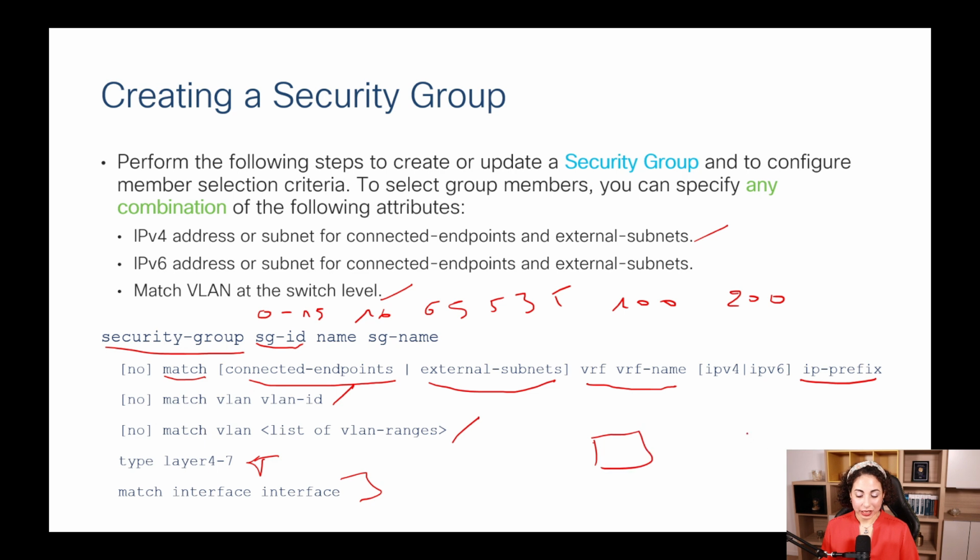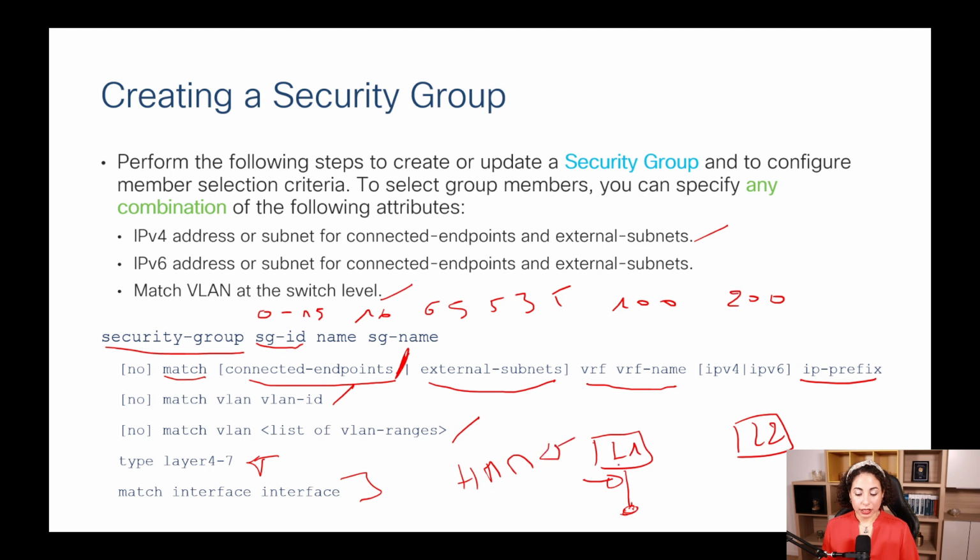Something that we will be illustrating in our testing is the importance of connected endpoints. I stressed this already in the previous video, but it is really important, so I will repeat it. When we have a matched connected endpoint, it is really an assignment of a tag from the HMM process, meaning it is when we learn the IP to MAC correspondence from the ARP traffic that is being generated by a connected host, and we install it into the L2 RIB for our specific MAC VRF, that we are going to